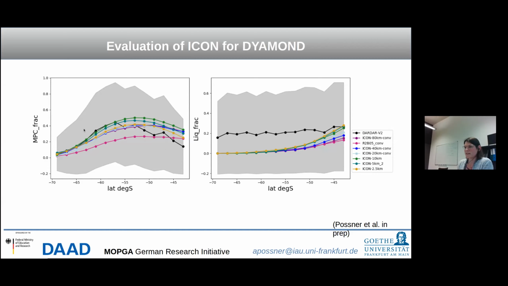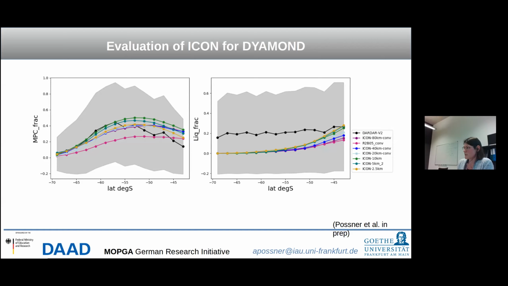And if you look at the mixed phase fraction in this plot, it doesn't actually look so bad, right? You see this shape that is roughly captured. There might be an overestimation here, but it generally seems to follow the mean from the satellite. And it doesn't seem to suggest that there's a stark dependence on model resolution here. The different lines correspond to the same run starting at an 80-kilometer mesh size, going down to a 2.5-kilometer mesh size. And the mixed phase fraction, as well as the liquid phase fraction for most of it, don't seem to depend strongly on resolution.